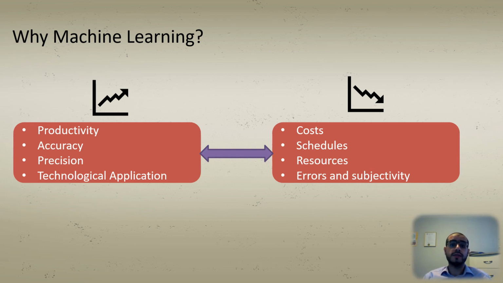We are going to enhance our delivery to our clients by the reduced durations or schedules that we promised. And definitely we are going to reduce the resources, as mentioned, whether they are related to the direct and indirect resources. And ultimately, we want to build our informed decisions based on minimized errors and subjectivity. So these are the main components of deploying machine learning.